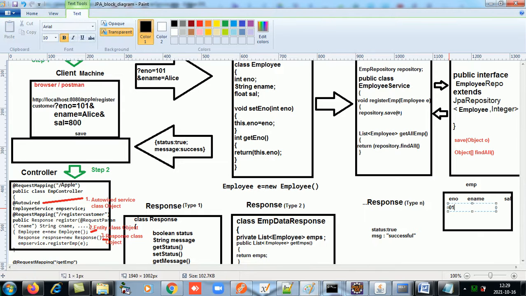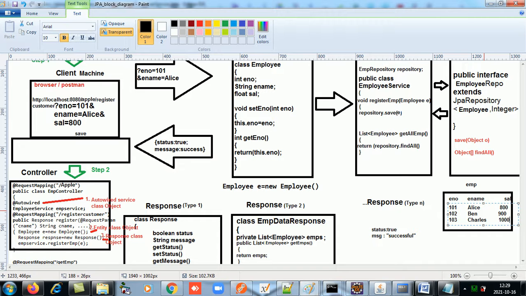So if I have, let's say, 2-3 employees in my database, 101 Alice 800, 102 Ben 900, 103 Charles 1000.